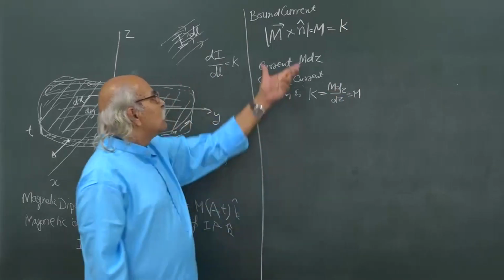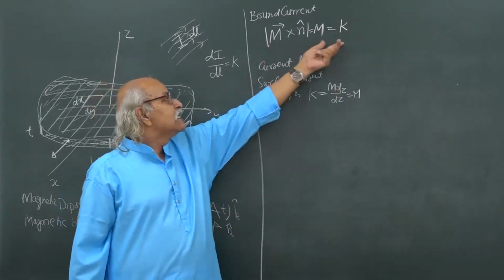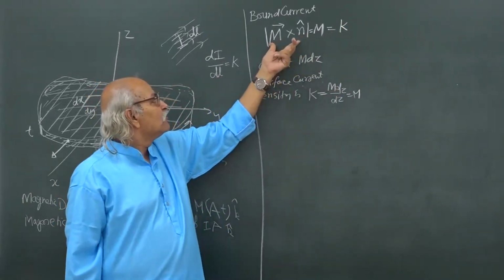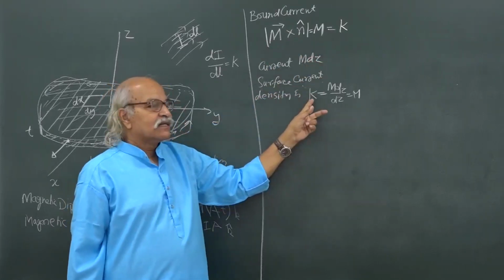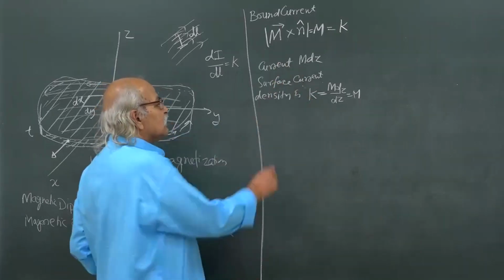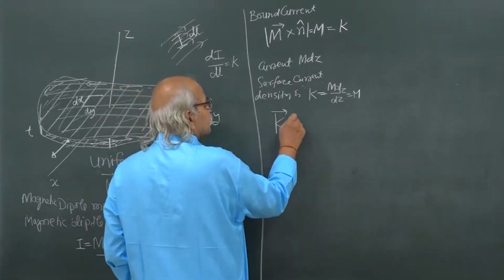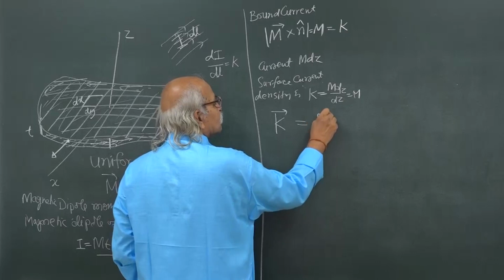So, the magnitude of m cross n cap is k, the direction of m cross n cap is the direction of this surface current density, and therefore we can write k is equal to m cross n